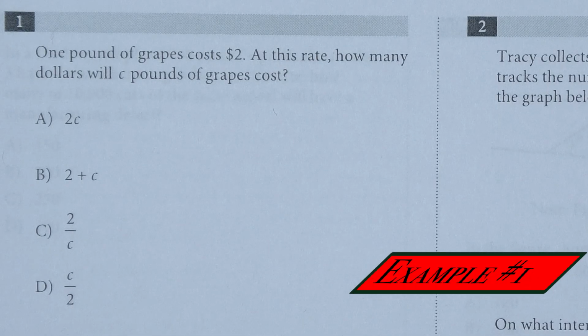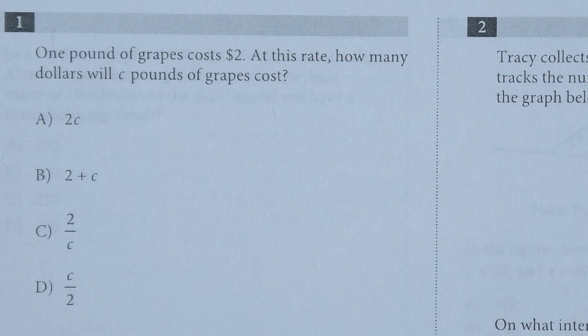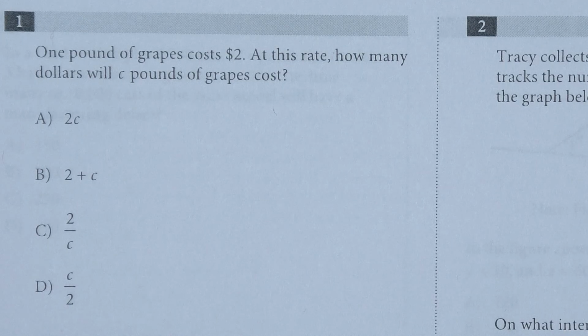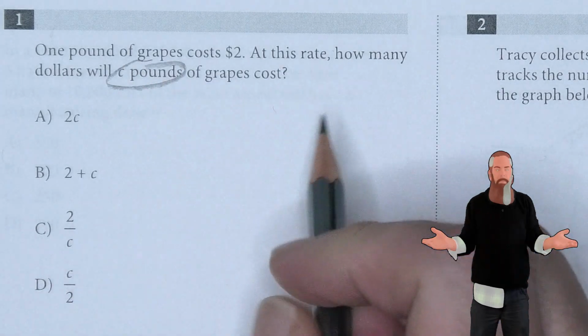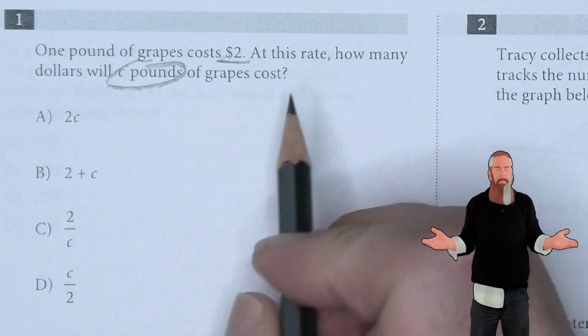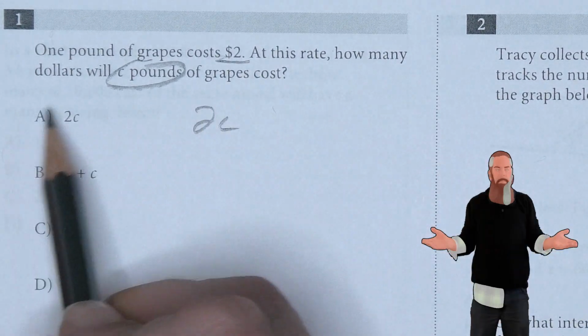1 pound of grapes costs $2. At this rate, how many dollars will C pounds of grapes cost? Well, it is asking about C pounds, and it's $2 per, so 2 times C, which means that A is